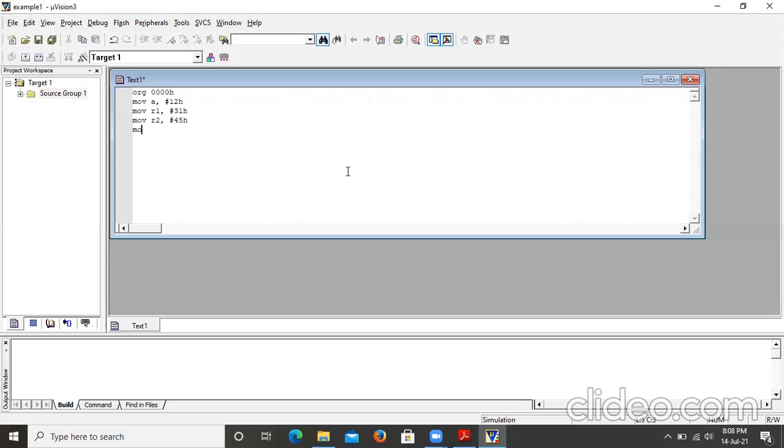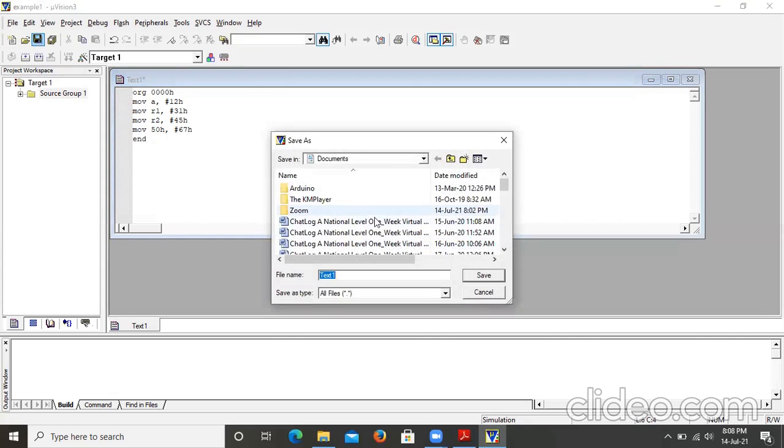Then another way, MOV 50h, #67h. So we have written some three or four instructions. Then END. After writing the code, the first job is to save it. So go to Save. Here you should write the file name.